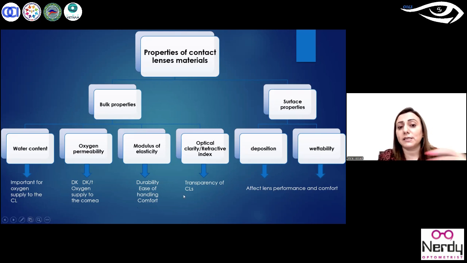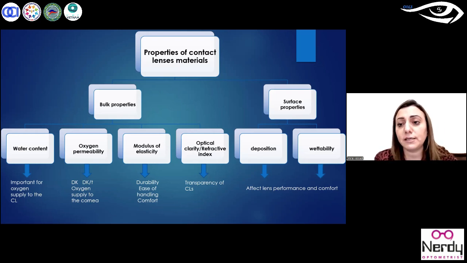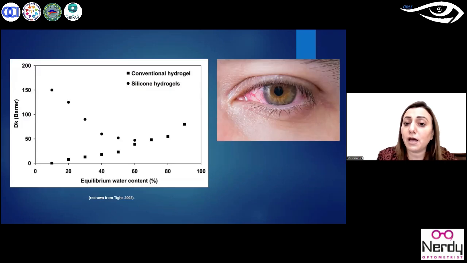And then optical clarity. This is again a bulk property of the contact lens. It's related to the clarity and the transparency of contact lenses. And then we go to surface properties. Surface properties have gained a lot of popularity in the last decades because they are very important. They affect the interaction of the lens with many surfaces, and this is what we will talk about. And this, at the end, of course, affects the clinical performance of the lens